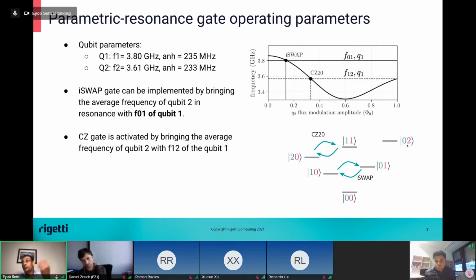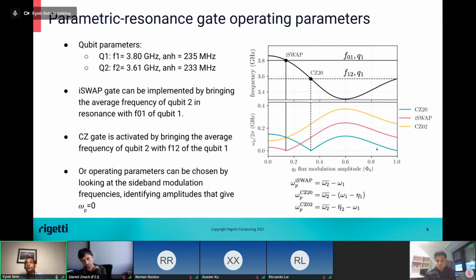But you cannot get iSWAP from that, but you can get CZ. The other way to look at it is if you plot the resonance conditions that I showed you in that Hamiltonian. So the conditions, I'm repeating them here for iSWAP, the average frequency for parametric resonance gate, the average frequency has to be,